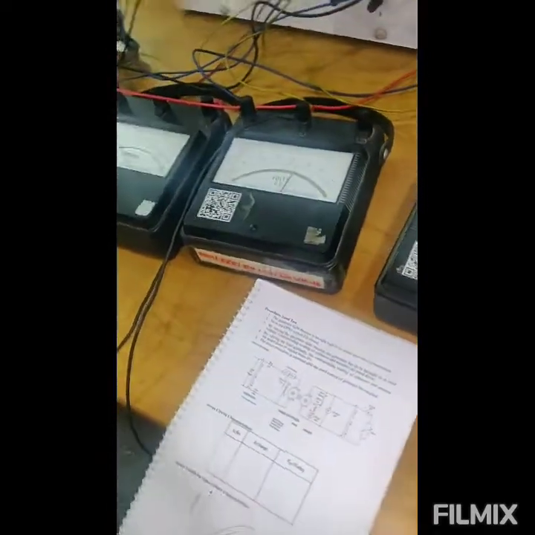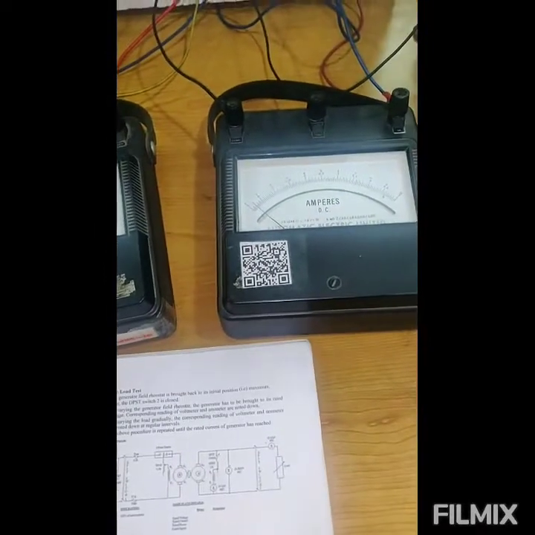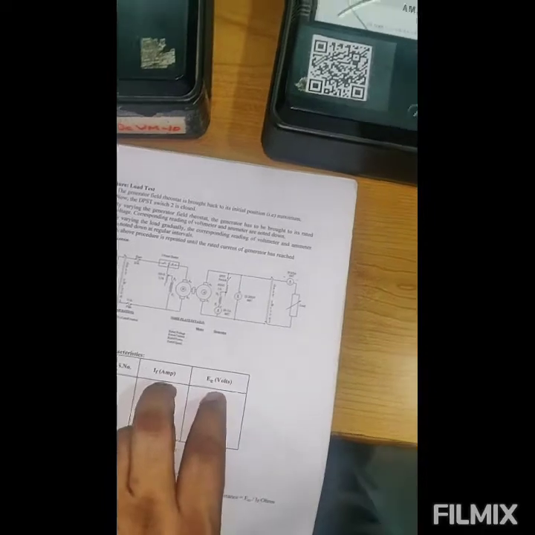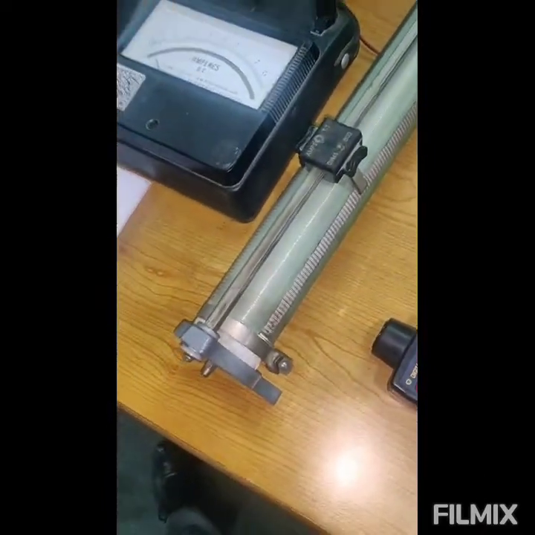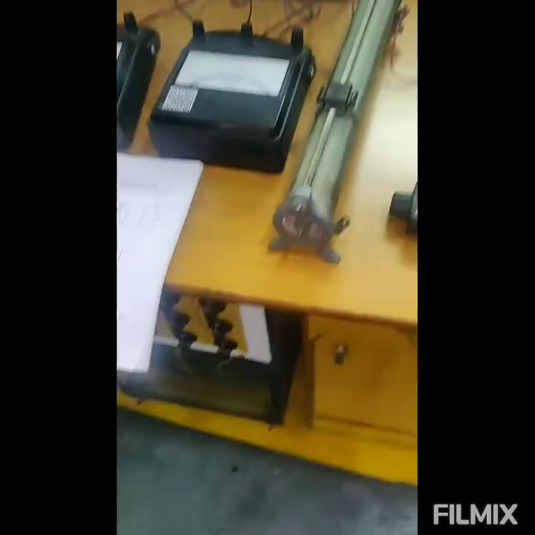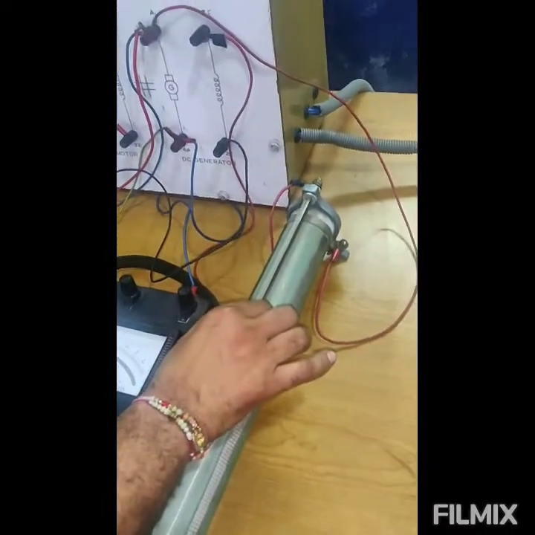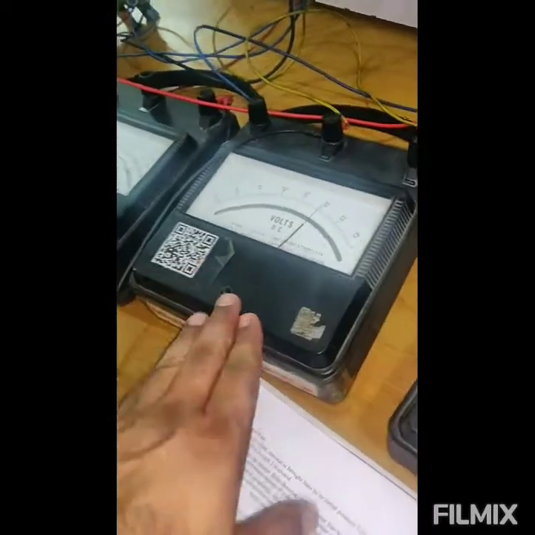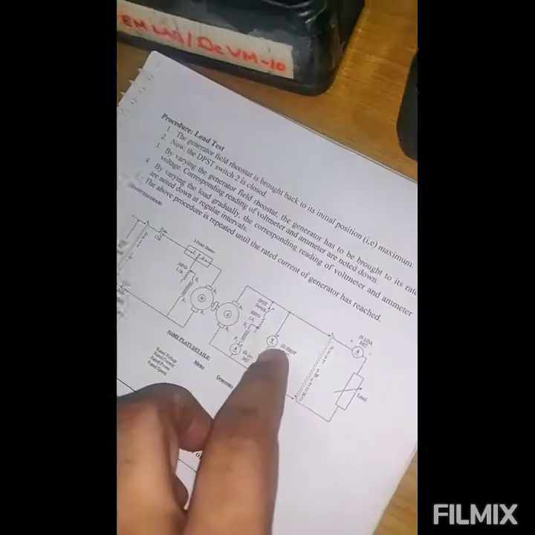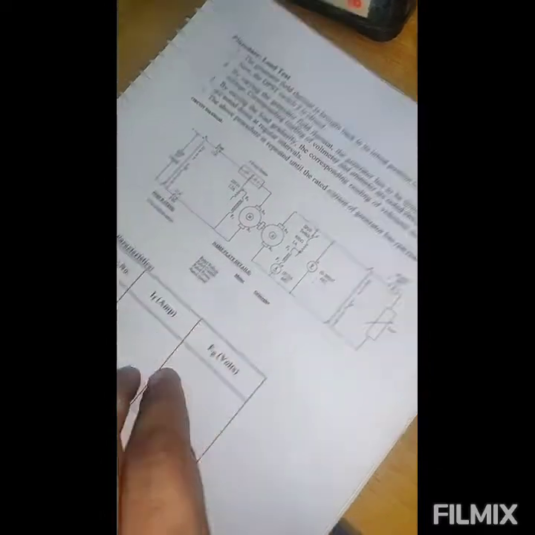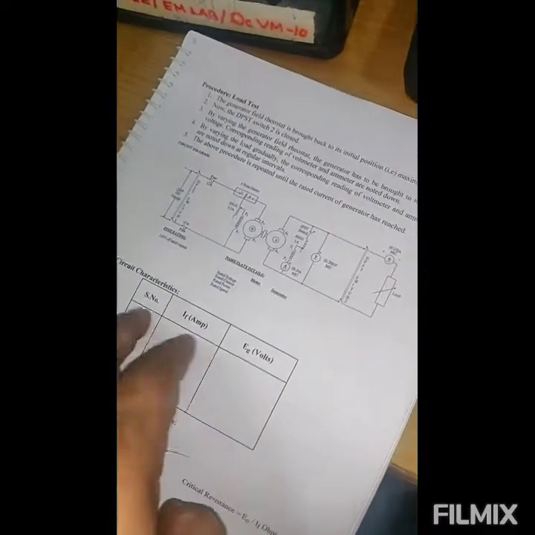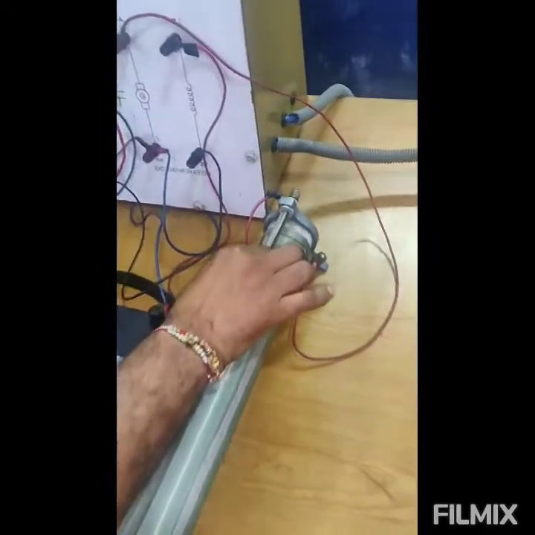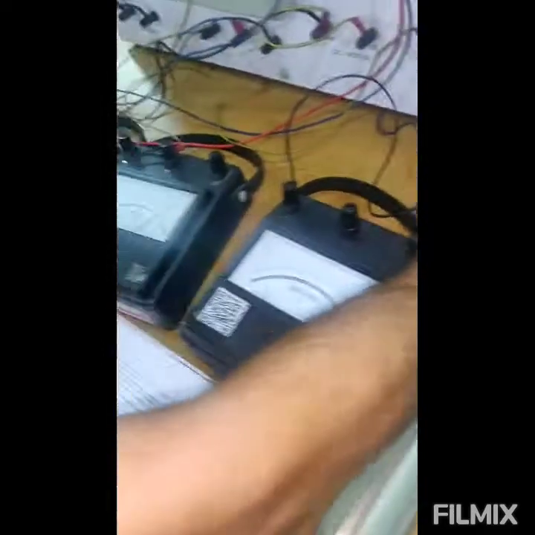Now we will note down the value of the ammeter and voltmeter. The current and EG value, and we will take further values. Now there are some more values we will get at this position. Some voltage value, which is EG, this one here, and IF here. So you will jot down the value of IF and EG here, and further you will decrease the value of the rheostat. You will get different values.